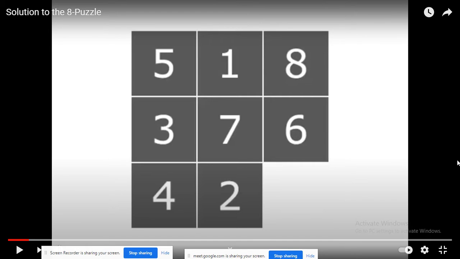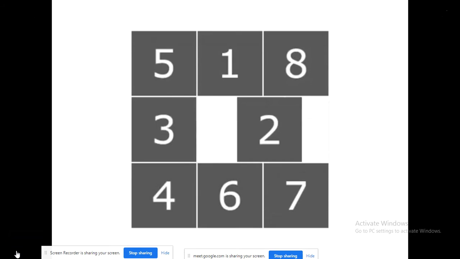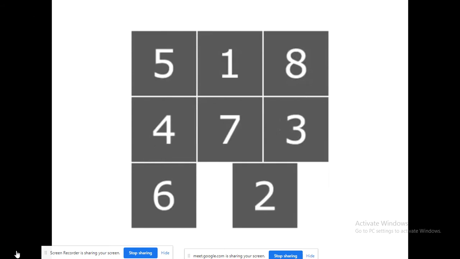So, this is the initial state. How is it reaching the goal state without any algorithm? Observe this animation, how it is swapping.